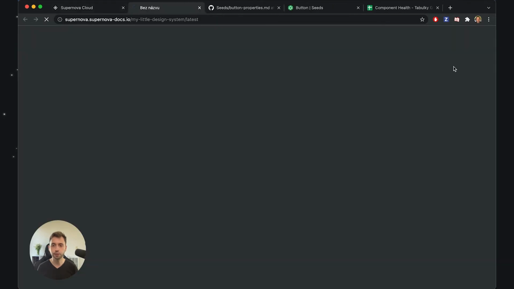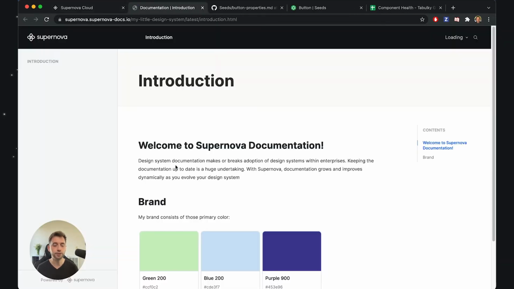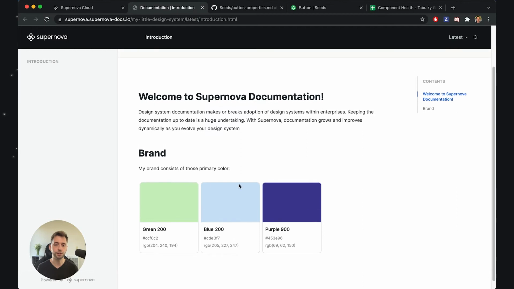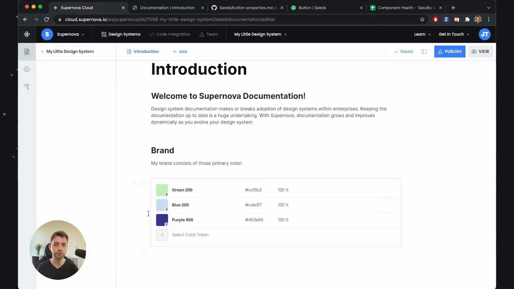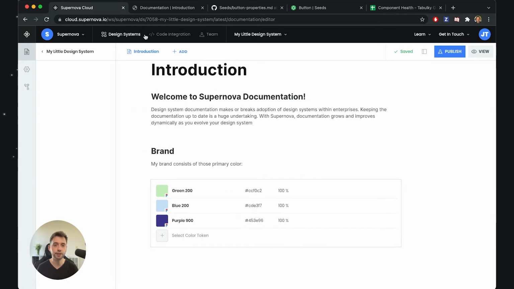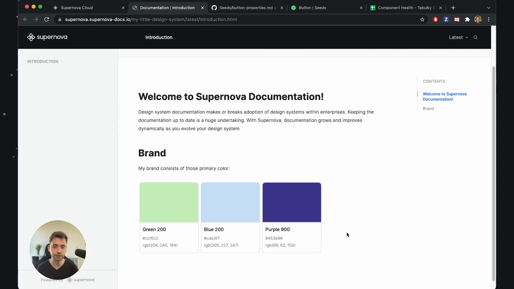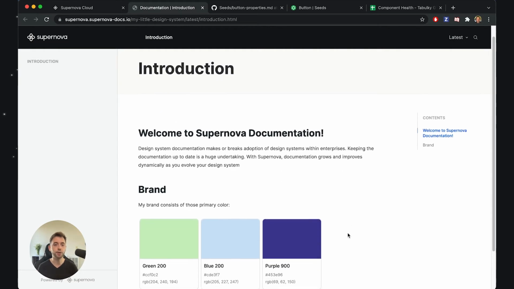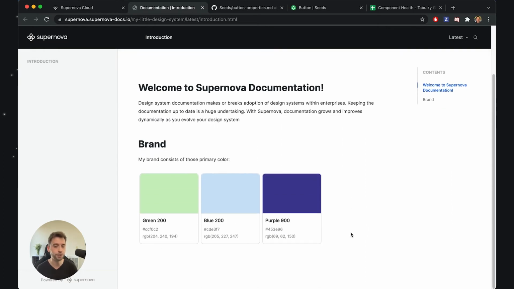So if we view this documentation side, you will see that the visual representation of those tokens is actually very different from the default one that is here inside the editor. I have changed it so it renders as tiles. And you can go ahead and, just using HTML and JavaScript, change those templates again, so you can completely render